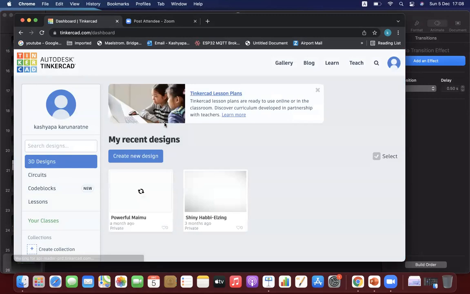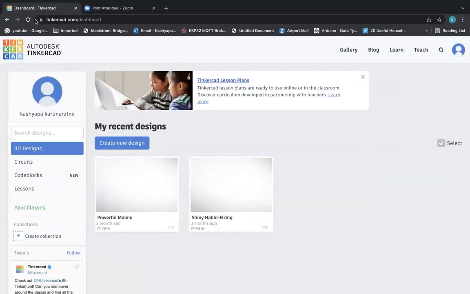So it takes some time to load up. Do you all have a similar window like this? Yes, sir. Okay. How about others? Brilliant.